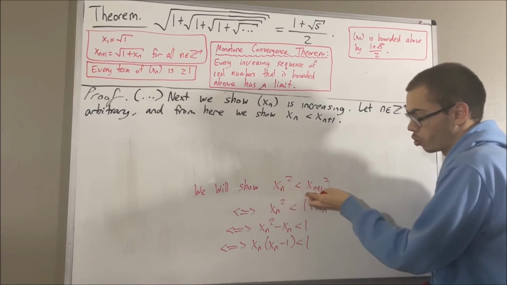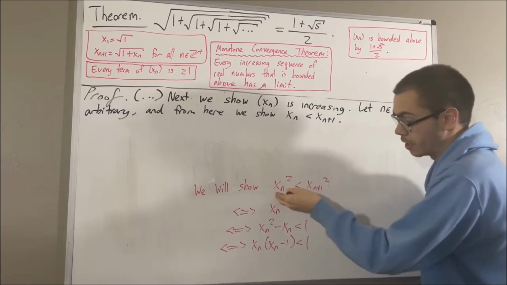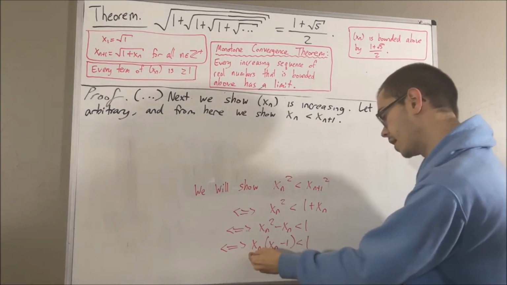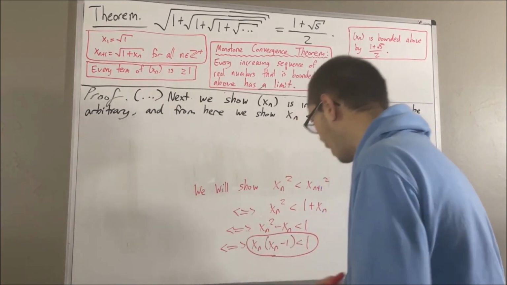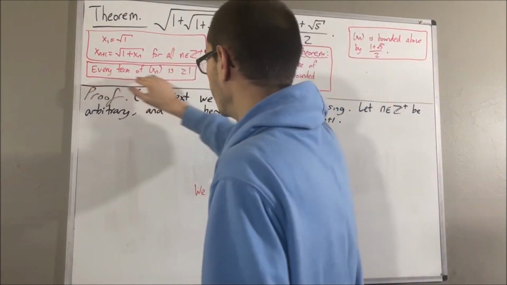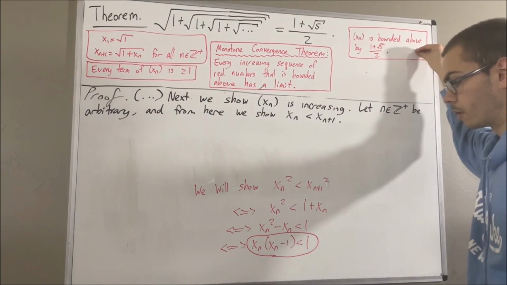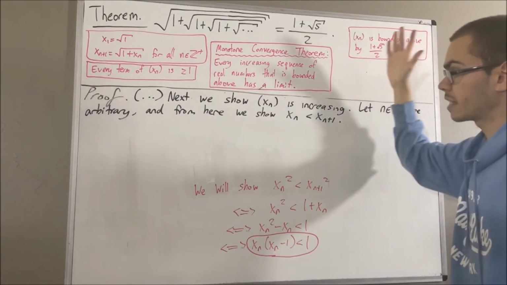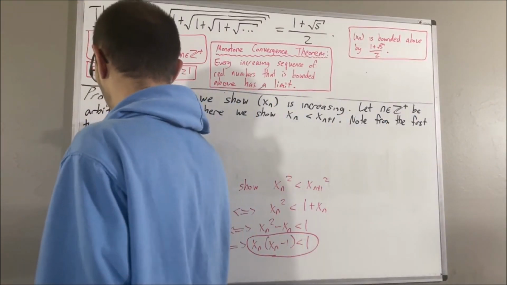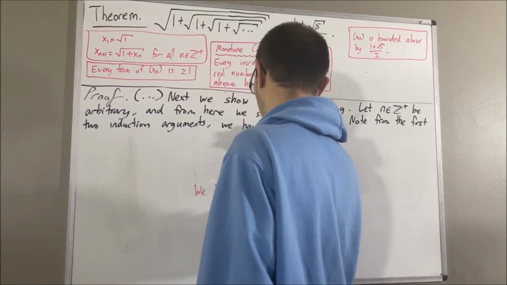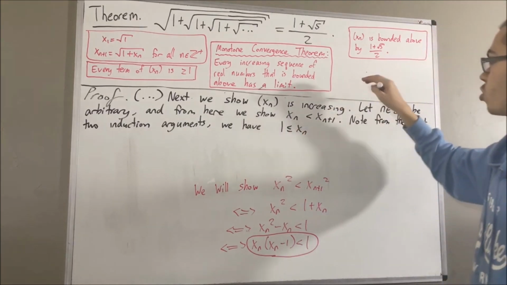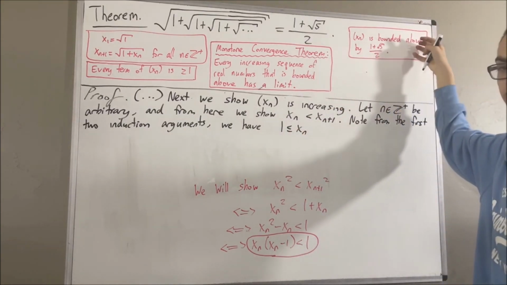But then if we've shown that this is true, well then by the property of square roots that we've been using, this implies xn is less than xn plus 1. So we're going to show that this inequality is true. And to show that this inequality is true, well, it's going to be useful to use the first two facts that we proved. Let's note that xn is greater than or equal to 1, but not only is xn greater than or equal to 1, but xn must be strictly less than the golden ratio, because we showed every term of our sequence is less than the golden ratio.